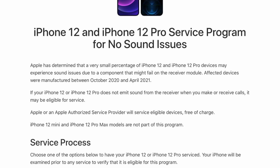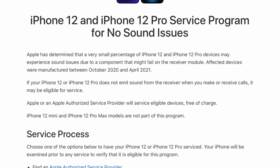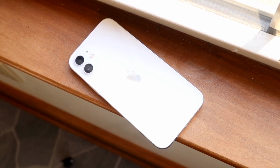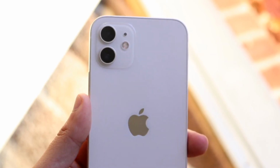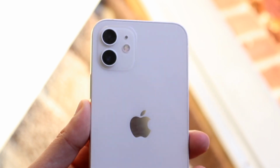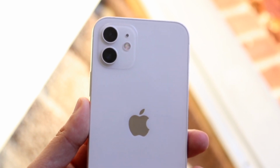So how this fixing works is essentially you can either send it into Apple to repair. So you put it in a box, print out the label that they give you and then ship it off. Or you can go ahead and bring it into an Apple store as well. And that's another big thing that you can do. Now, I am aware that Apple's creating some sort of self service repair program, so you can go and fix your iPhone with parts and everything they send you. I don't know if that's ever going to be a possibility for these type of service repair programs, but as of right now, those are the two main options that you have, and I would highly recommend you to go ahead and make your way over to this link and actually make sure that your iPhone 12 doesn't have these